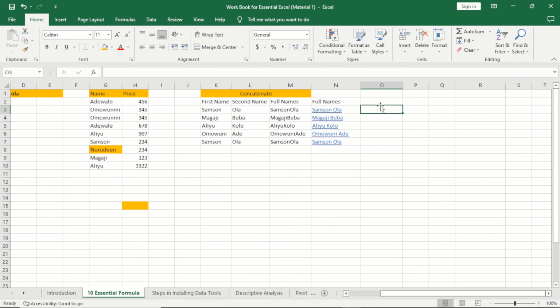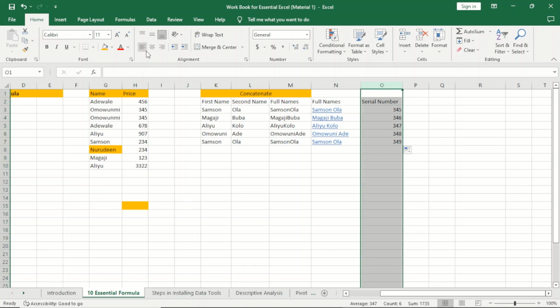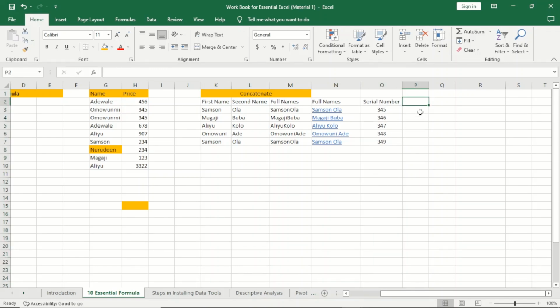So equal sign again. Before we have our equal sign, let's say we have our serial number, which is, let's say we start from 45645, then we drag down. This is our serial number that we want to attach to it. So retailer or customer number,